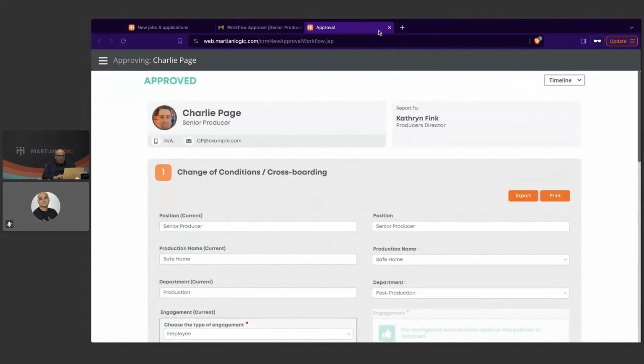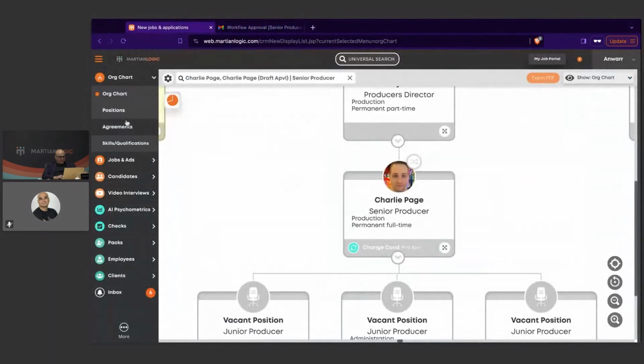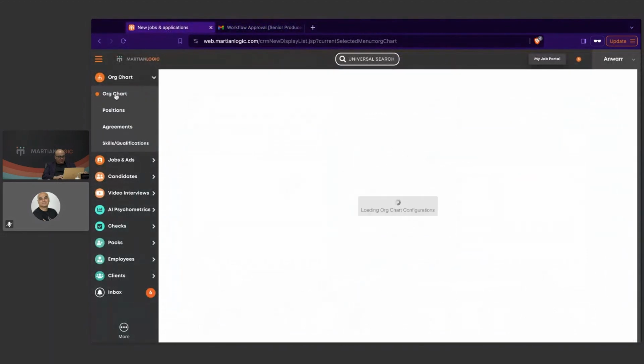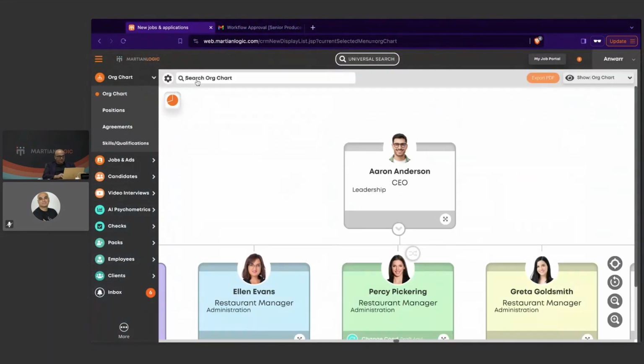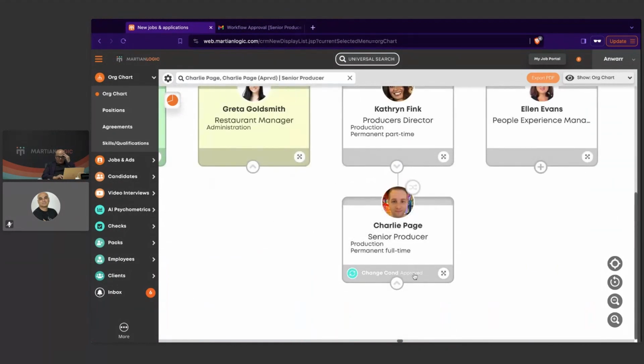So I can close this tab now and go back to this tab. If I was to refresh the org chart, click on this thing here, and find Charlie again. Change of condition is approved. It's always up to date in the org chart. And so this will disappear